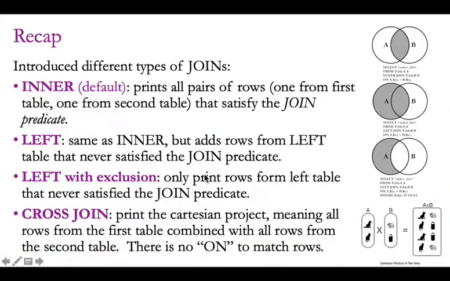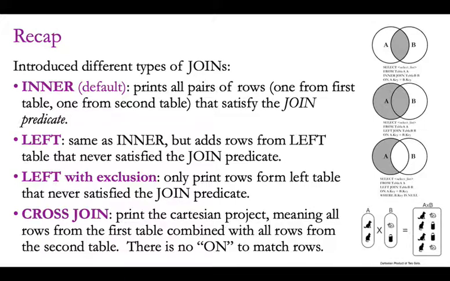Okay. Well, just to recap. We talked about some different kinds of joins today. Inner join is the default, and it prints all pairs of rows where the join predicate is satisfied, but it excludes any rows from either table that don't match anything from the other table. Left join is like inner, but it adds rows from the left table that are never satisfied by the join predicate. Left with exclusion is where you do that, but then you actually have a where condition that explicitly throws out all the rows that do have a match, so you actually make sure that there's a null value on